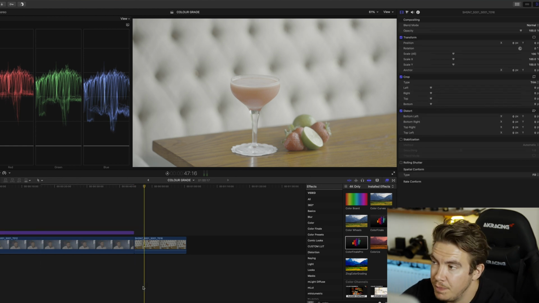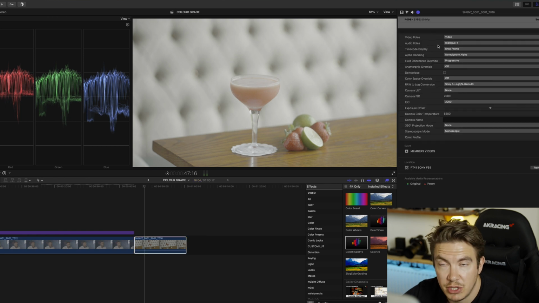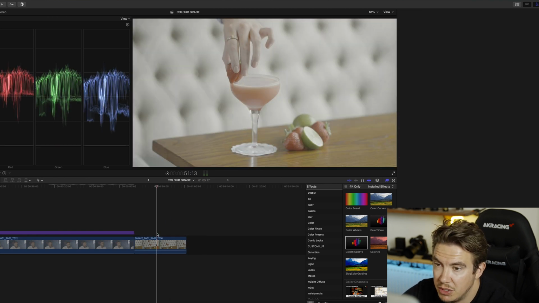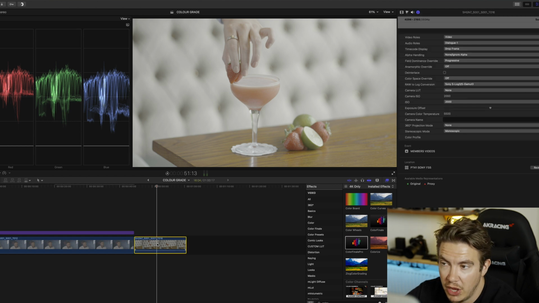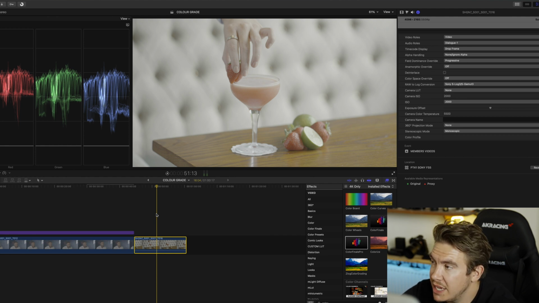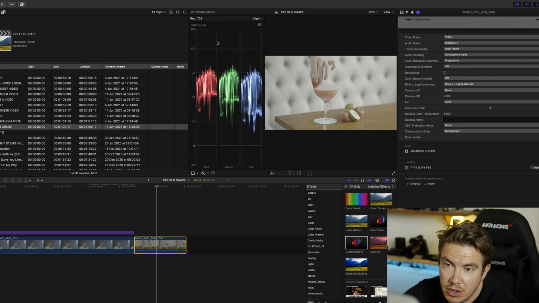So I'm going to click on the clip, go to the inspector tab, make sure there's no camera LUT applied, go back to here, and I'm going to pick a nice part of the image, where her hand's in there, so I can make sure the hand has the right tones. So we're going to add another adjustment layer. So I'm going to go back to this one,